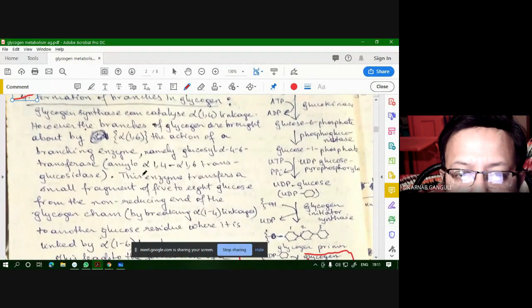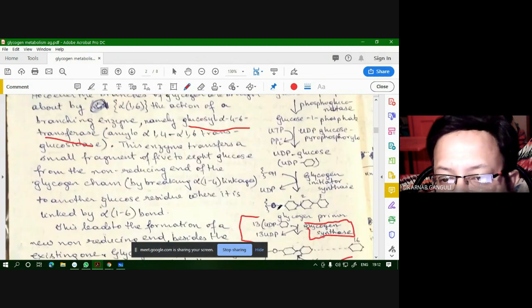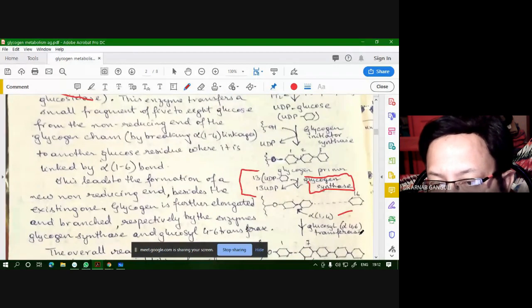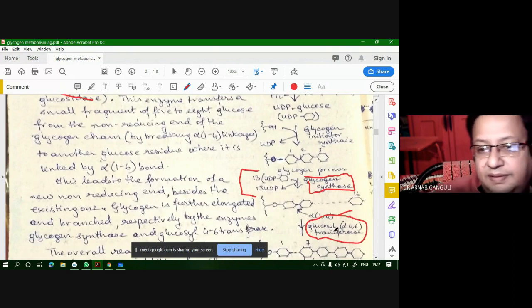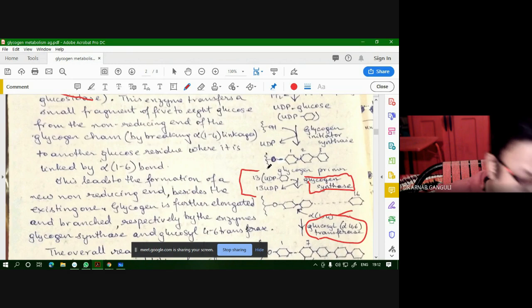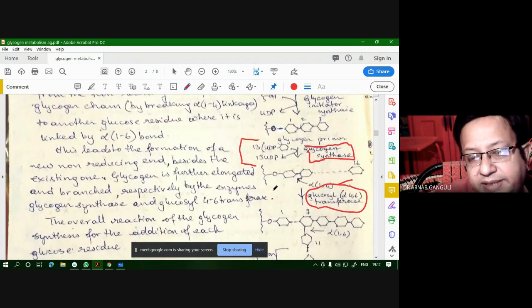So the enzyme name is glucosyl alpha 4 to 6 transferase. Right? This enzyme needs